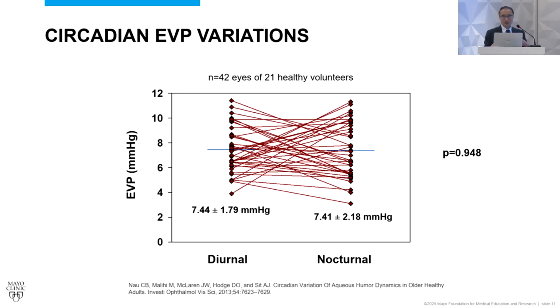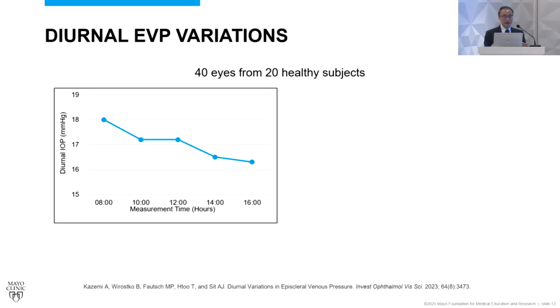Now, intraocular pressure in aqueous humor dynamics also undergoes a circadian variation, and most dramatically, aqueous humor formation drops by about 50% at nighttime. But EVP has a lot of variation, and on average, the mean EVP is no different from the mid-diurnal period to the mid-nocturnal period. Daytime about 7.44 mean, and nocturnal 7.41. But if we look a little more carefully, instead of just those 2 time points, at the diurnal period from 8 a.m. in the morning to 4 p.m. in the afternoon,